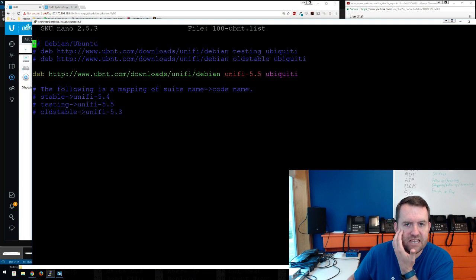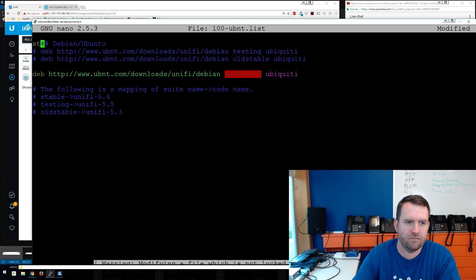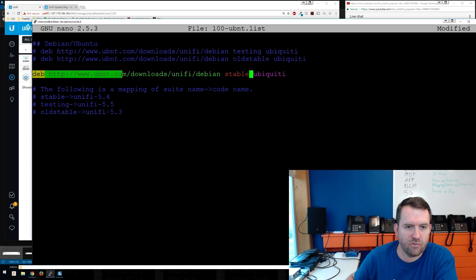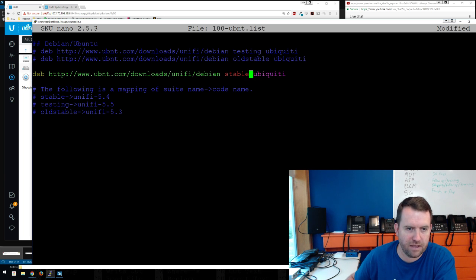So here is the contents of 100-ubnt.list. Now, by default, when you first put this file in, copied and pasted from Ubiquiti, it shows up like this, stable. That means that the line where you're downloading UniFi is on the stable track. Now, if you look down here, it says the following is a mapping of suite name to code name. So we can see stable is currently